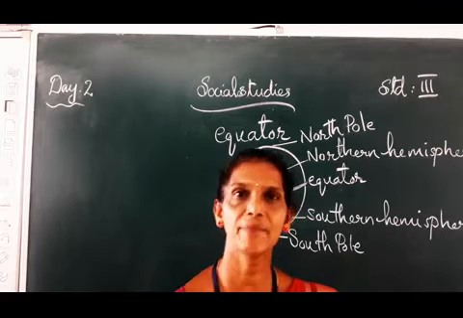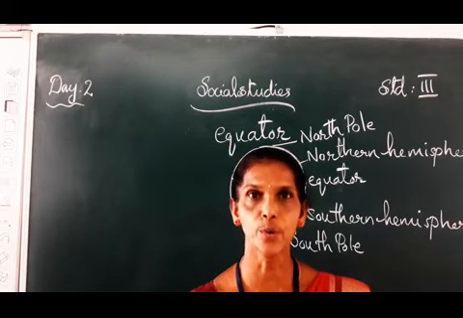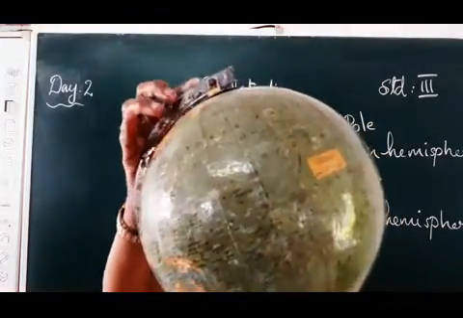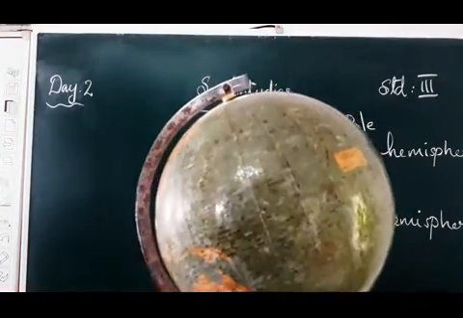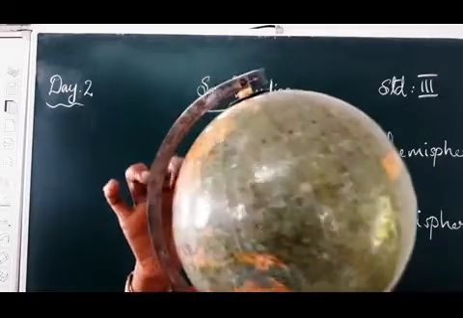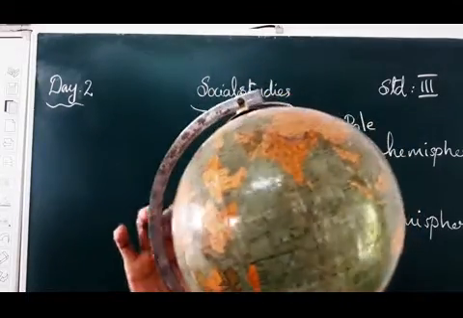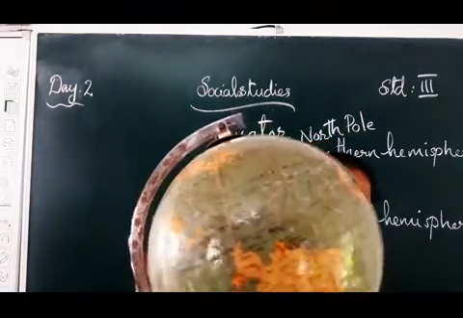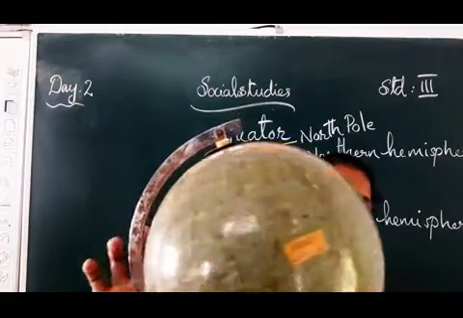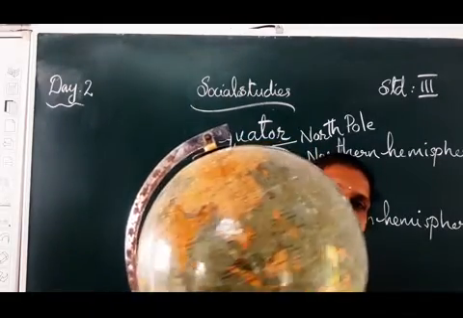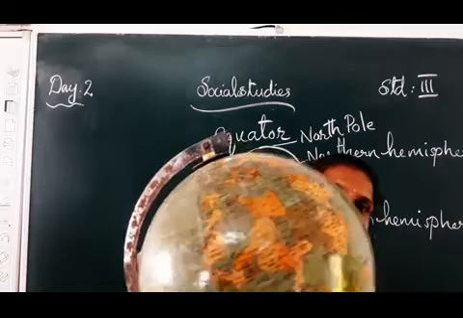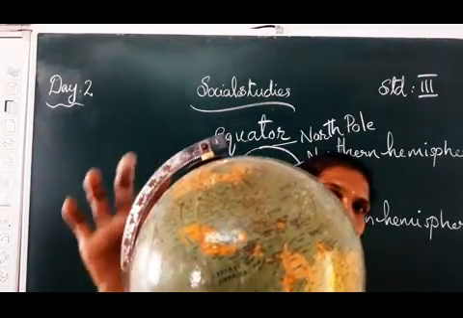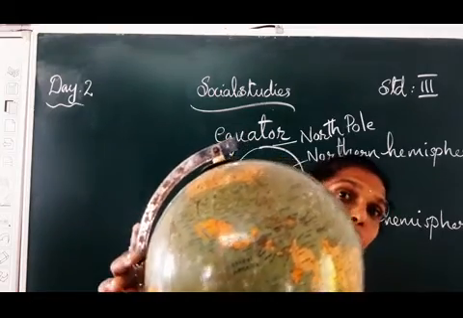Okay children, and when I showed you the map, I told you it can move on its rod. Okay, see children, this is the globe. See this metal rod, can you see? See, it can move. Can you see the movement? And when you see the different countries' names, you can see. So as this globe moves on the rod like this, the earth also can move on an